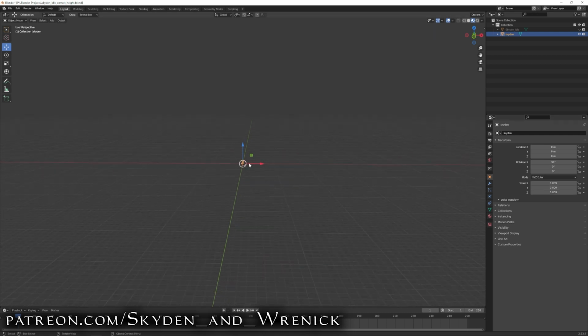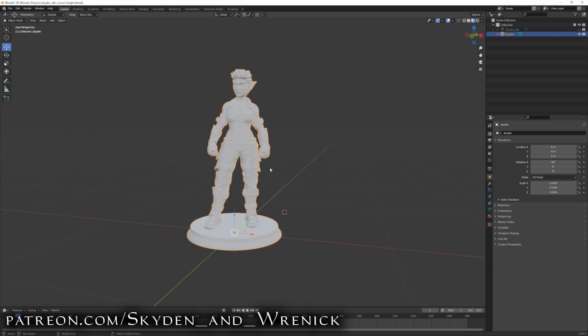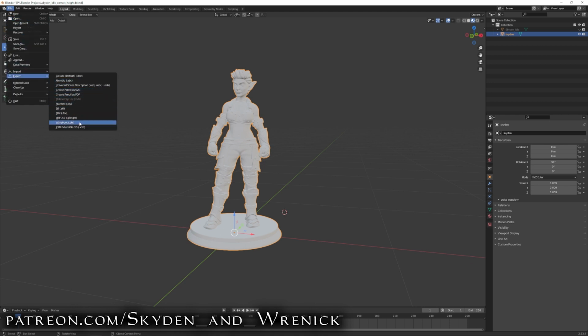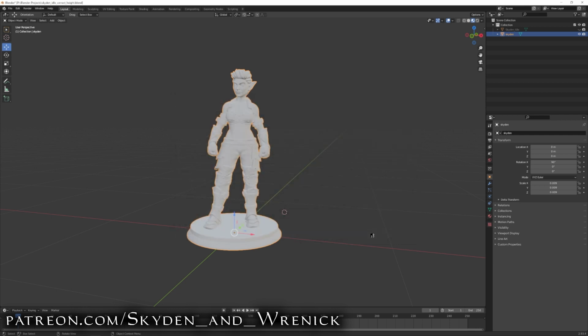And then if we zoom in with the mouse scroll wheel, we can see we have a nice tiny appropriately scaled Skyden. Okay, so then what we do is we need to export this back out again as an OBJ file. So we go to File, Export, go down to Wavefront .obj, and what we're going to do is we're actually going to overwrite the file that we exported out from Substance, just to keep things simple and less cluttered. So again, keep all the options as they are, hit Export .obj, and then we're ready to move on